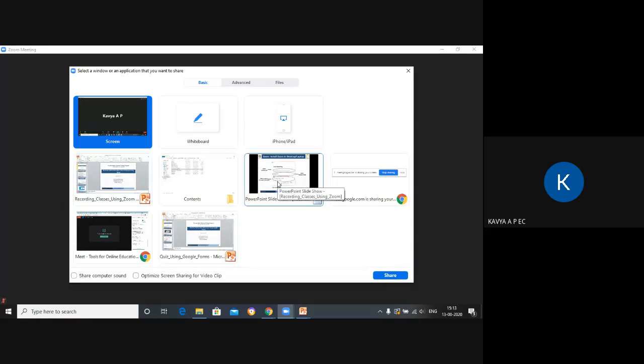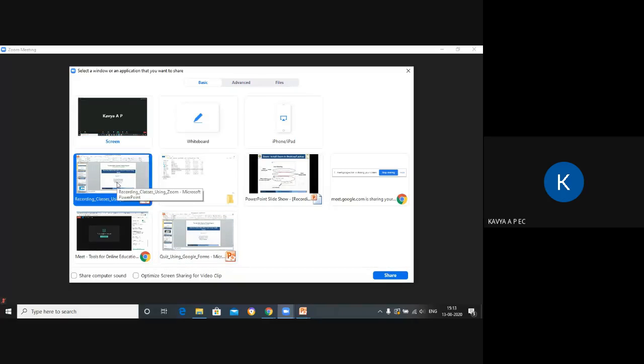And a PowerPoint slideshow, I had actually opened a slideshow, so that also is showing. One more folder I had opened, contents, that is also showing. This is Google Meet that I have opened, so that is also available. And then one more PPT that I had opened is showing. So whichever PPT you want to share, you can select it and click on share. You have to select whichever material you want to share, and then click share.